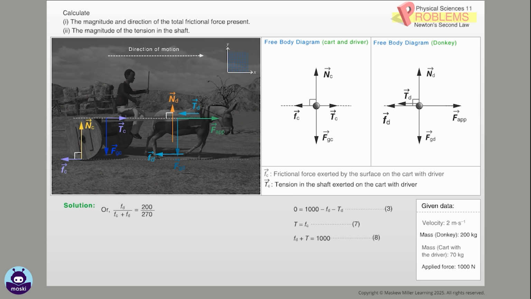Fc plus Fd is the total friction on the system, which is given as 1000 newtons. Therefore, Fd equals 200 over 270 times 1000 equals 740.7 newtons. Fc equals 1000 minus 740.7 equals 259.3 newtons. Substituting in 7, the tension in the shaft, T, equals Fc equals